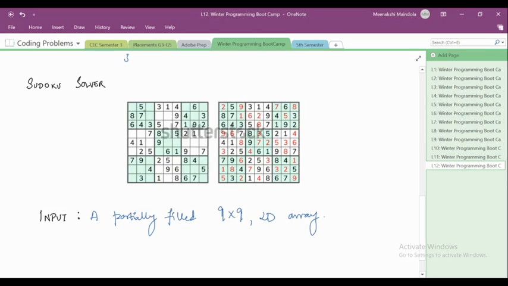Okay, so we have a partially filled Sudoku here. In a Sudoku, what do we want to do? We basically want to fill in the empty cells. The empty cells that we have here, we want to fill these cells such that in each sub matrix or subgrid, which is of 3 cross 3 size,